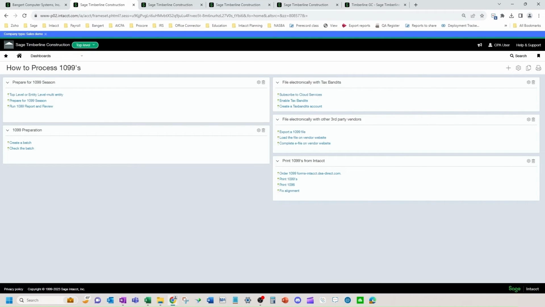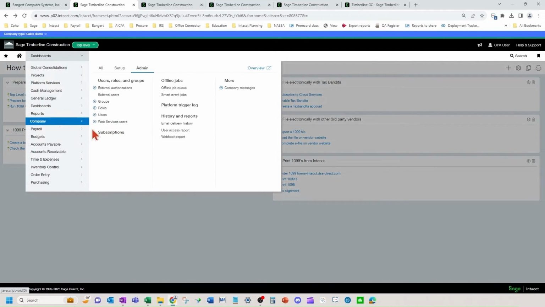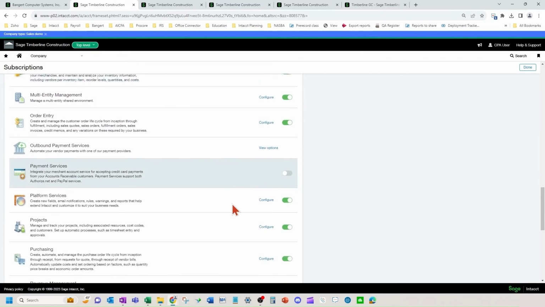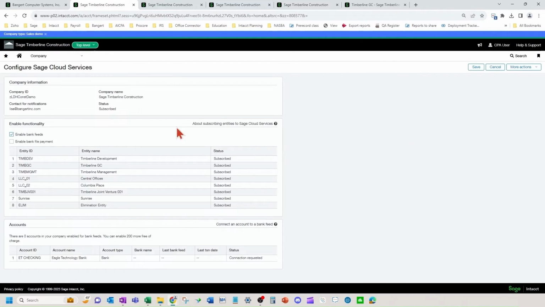Now, if you want to use the Tax Bandits software that integrates with Sage Intacct, then we would begin the process with them by making sure that I've got my subscription to cloud services turned on. In here in the company subscriptions, Sage Cloud Services. Make sure that's turned on.